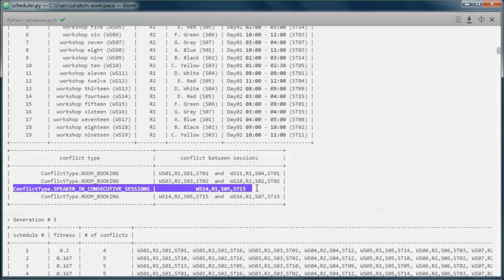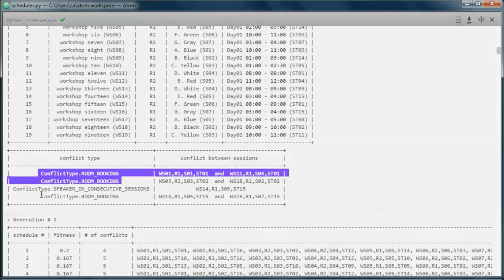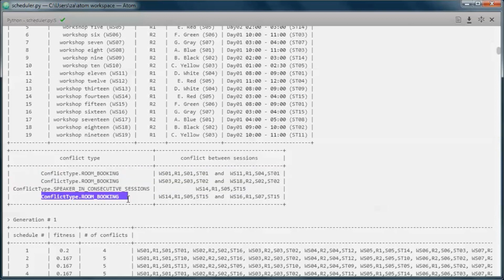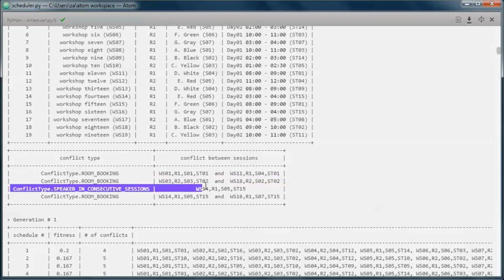For this simple application, it can be a speaker assigned to speak at more than one workshop at the same time, or it can be a room occupied by more than one workshop at the same time, like in those 3, those 2, and this one. Or it can be a speaker assigned to speak in 2 consecutive workshops, like in this one.